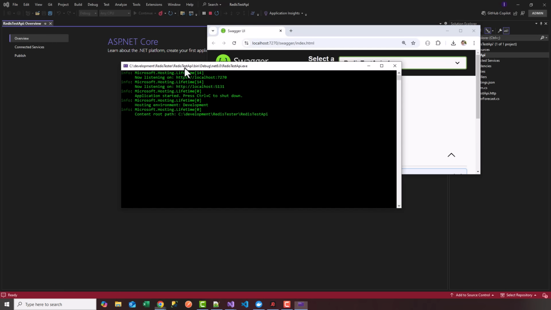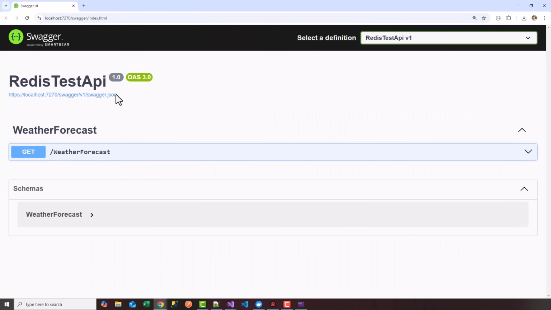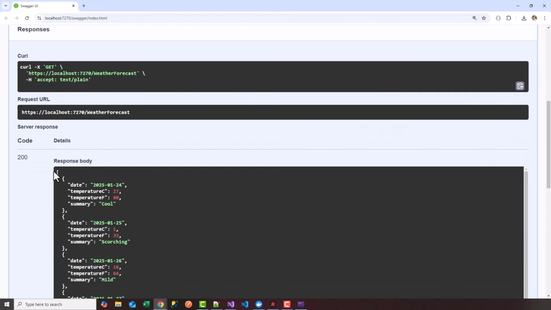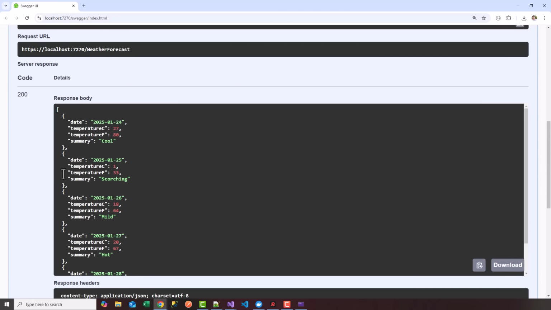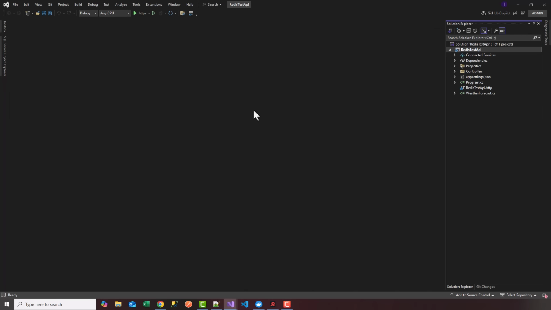It's going to be running on port 7270 for HTTPS, and we have our Redis test API. I can grab the weather forecast, hit the getter, click on execute, and I should get a list of temperatures, conditions, and weather forecast. So our API is running. I'm going to go ahead and stop that, close the window, and close this welcome page. And we're going to go ahead and pull